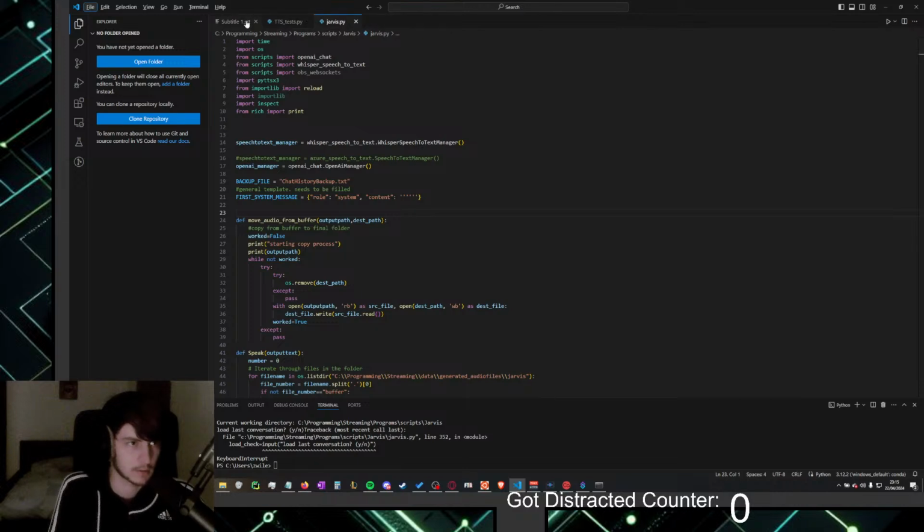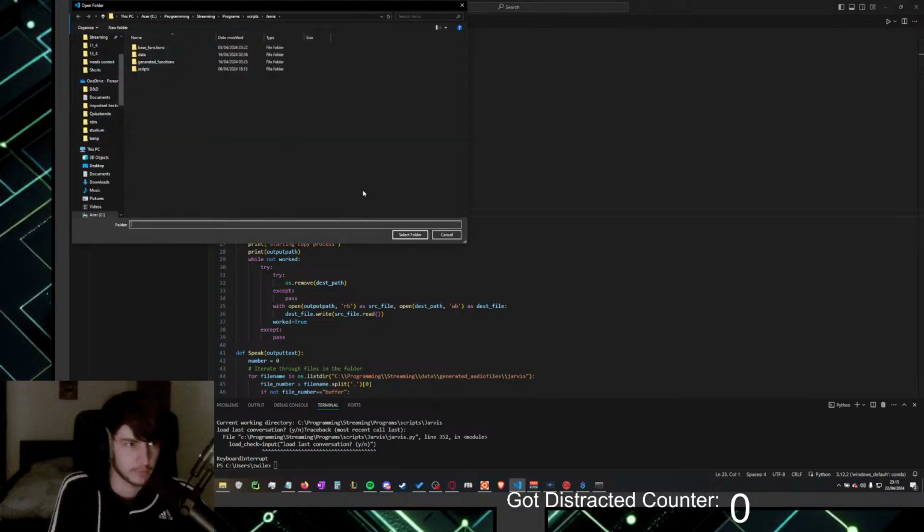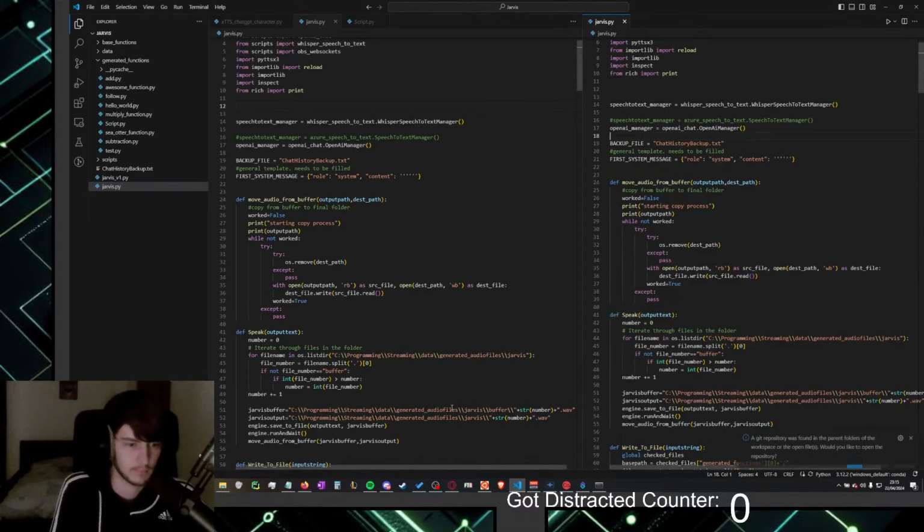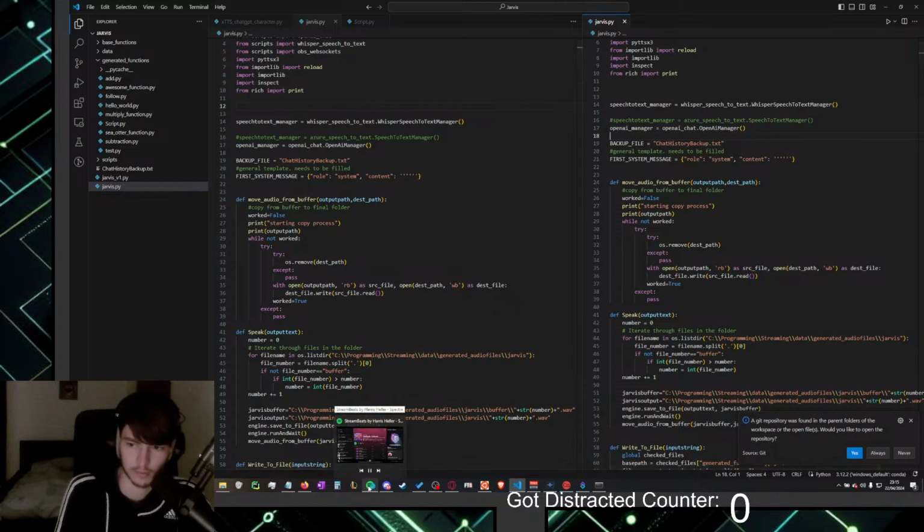Okay, wait, I can actually close these things as well, and open the folder. Yep, that's fine. Also, I should probably make the music a little quieter. I will just do so because it's loud for me.